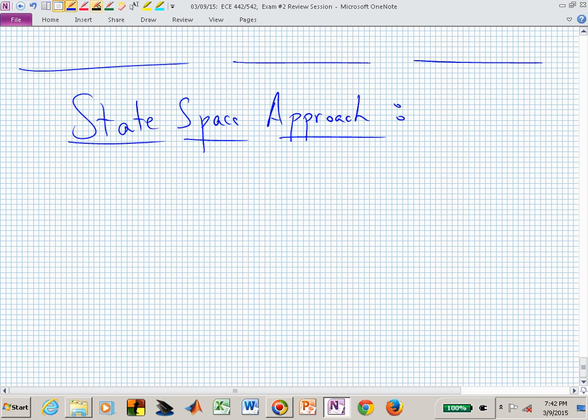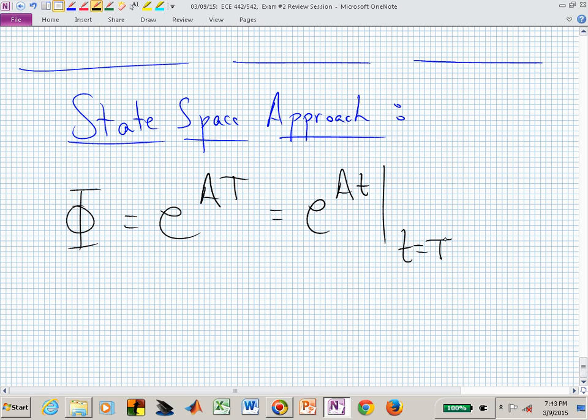If you're dealing with the state space approach, then you actually end up with your system matrix in the discrete time representation being this matrix exponential e to the capital A, capital T. And you could maybe find that by looking at e to the capital A little t and replacing little t with capital T in the expansion,